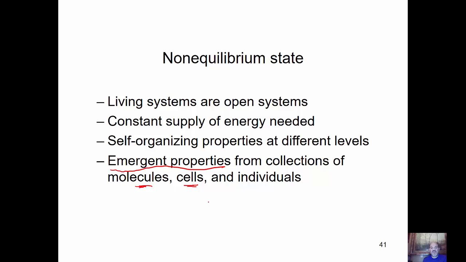I think early on I used a simple example with sodium and chlorine. Sodium is dangerous and toxic, and so is chlorine. But if we put sodium chloride together, that's table salt. So dangerous plus dangerous doesn't necessarily equal something dangerous. That is an example of an emergent property. We go from basic atoms to a molecule or a compound here, and that compound we were not able to really predict by just simply adding up what we observed at the level of atoms.